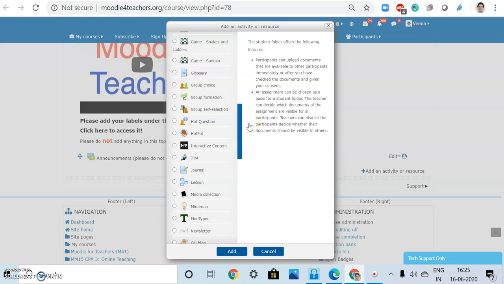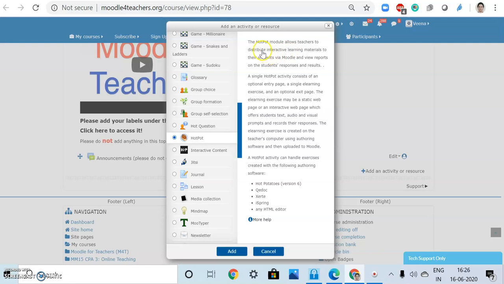So we finished with the games, questionnaires, journals. Then the hotpot. Hotpot allows the teacher to distribute interactive learning materials.